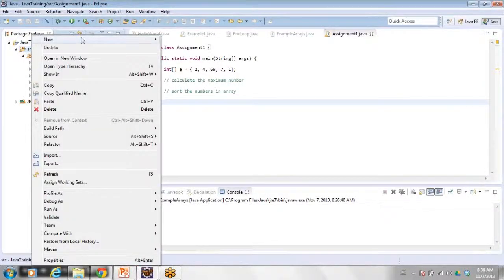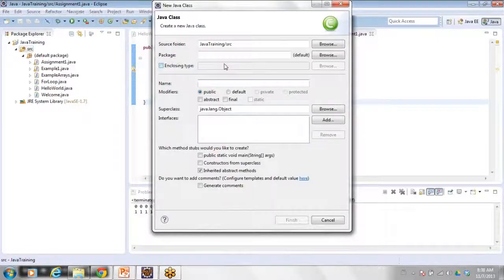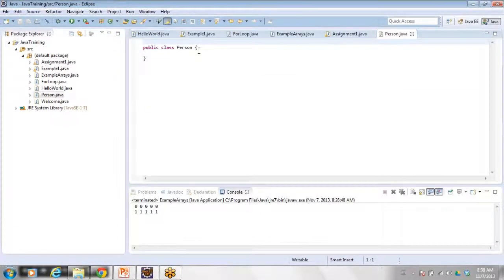So now I will create a class named Person. So this is an entity. We wanted to represent a person in the form of an object. So this is a class. What are the attributes that a person can have?